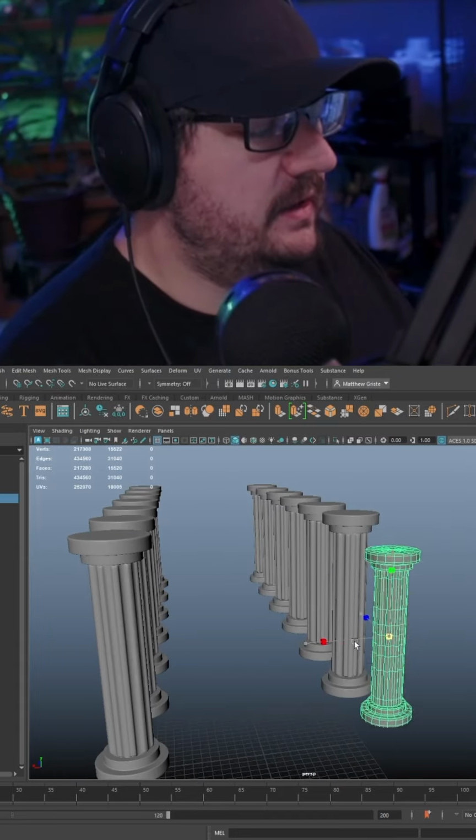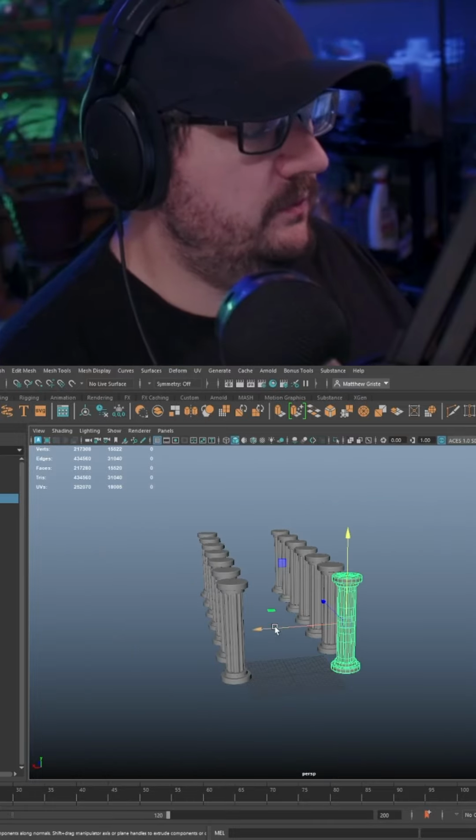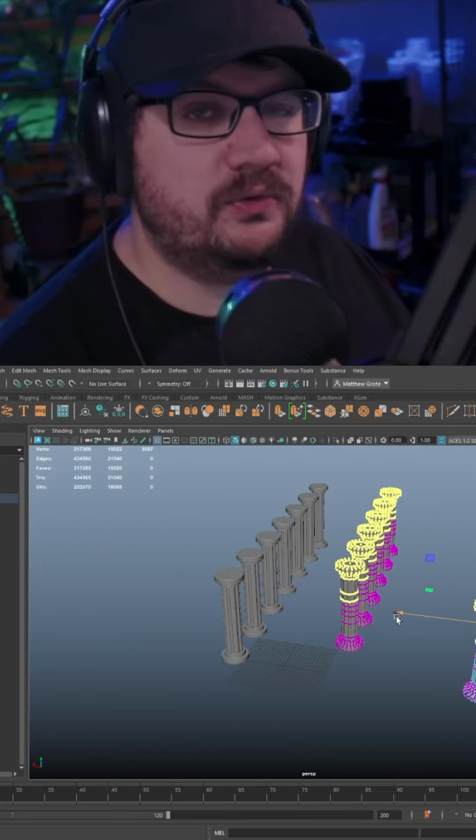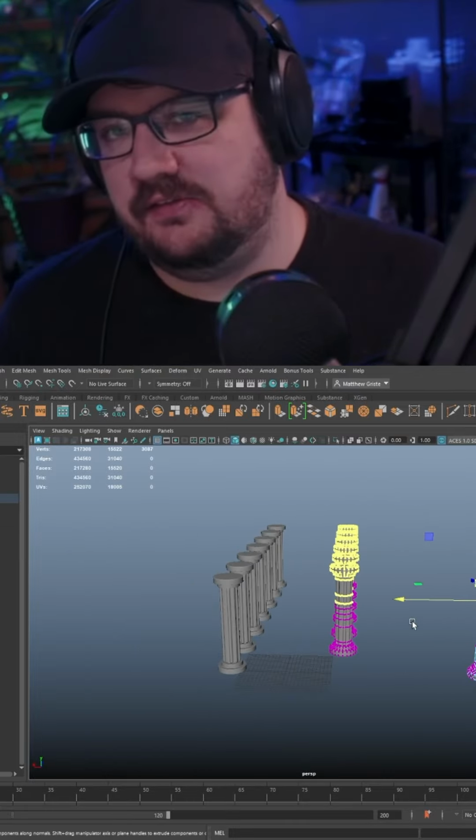Things like scale and movement do not work. So if I move this, it's still going to be usable. It's still going to affect the instances. However, the instances will not move with